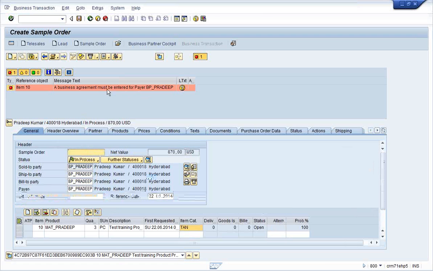I'm not sure how this business agreement must be maintained, but I can save it. I can save the document with errors. Okay, 2278. This is the document number it has.